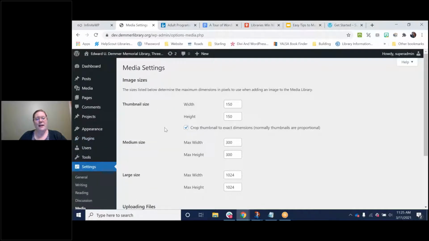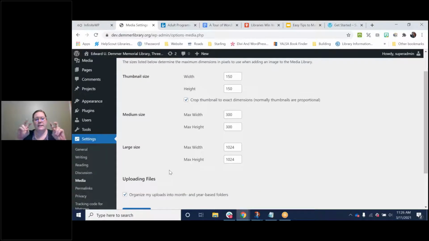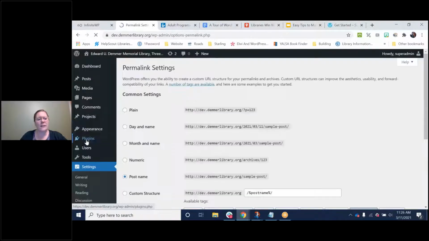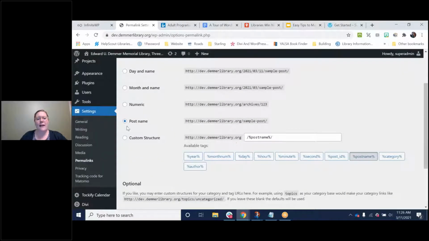Media, you can customize the thumbnail size, what is considered medium or large, and how to organize your files. Permalinks, you want to have your permalinks set to simple language. No library website in our area is big enough where you need to have a number scheme. If you take your URL from the top of a page, you want a human to be able to understand what that URL is.